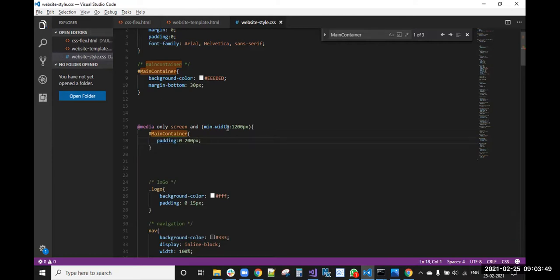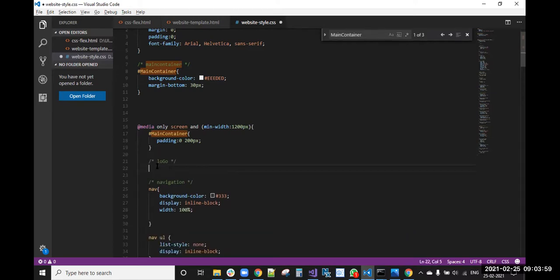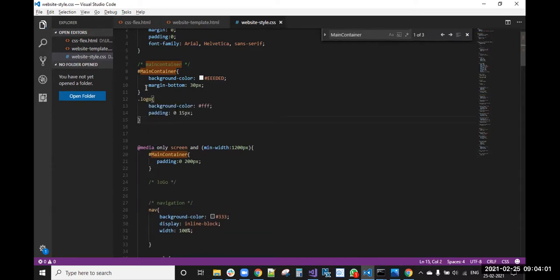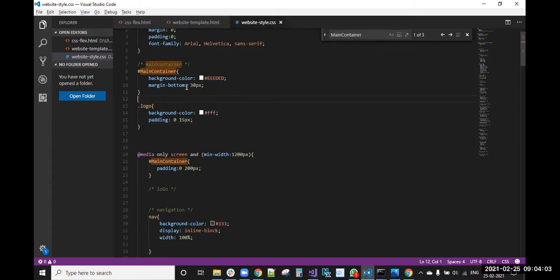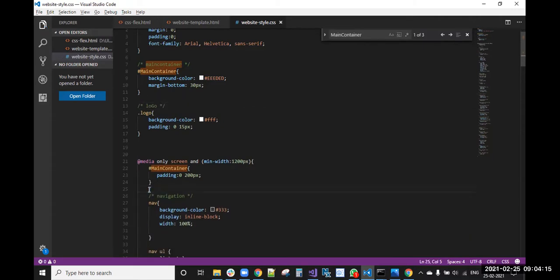Okay. Here we are writing @media min-width 1200 pixels, right? So we'll write that again. One more thing: the logo background color white. This also we will keep outside, because these are the common properties. So what I'm doing, I am making the common properties outside, and whatever things we need to change, only that I keep writing in the media queries.